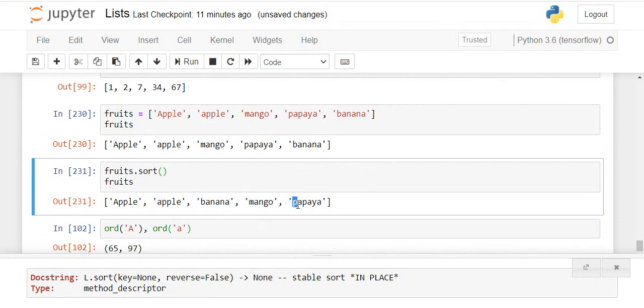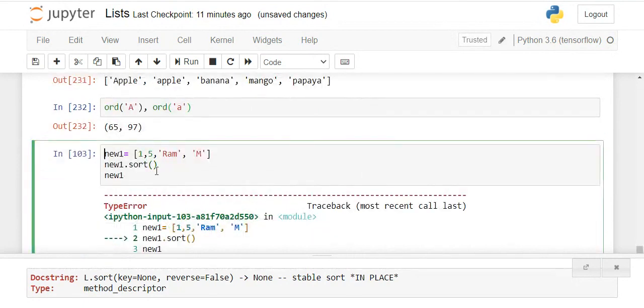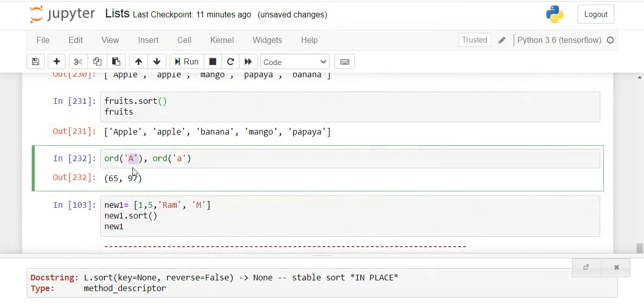You can check the ASCII values, they are increasing. If you check the ASCII value of capital A, obviously it is less than the small a. 65 is the ASCII or Unicode value for capital A, and the Unicode value for small a is 97. So which one is larger? Small a. That is why it is arranged in this manner.